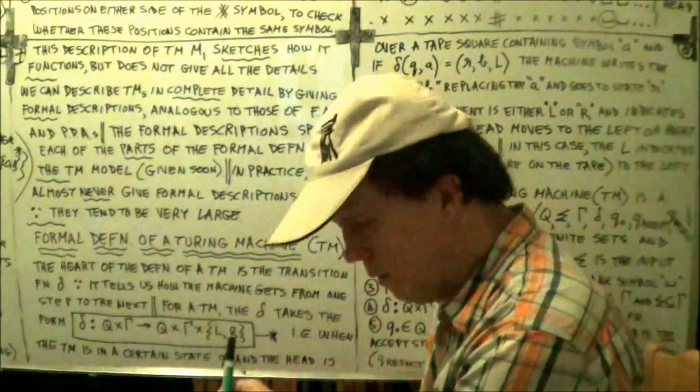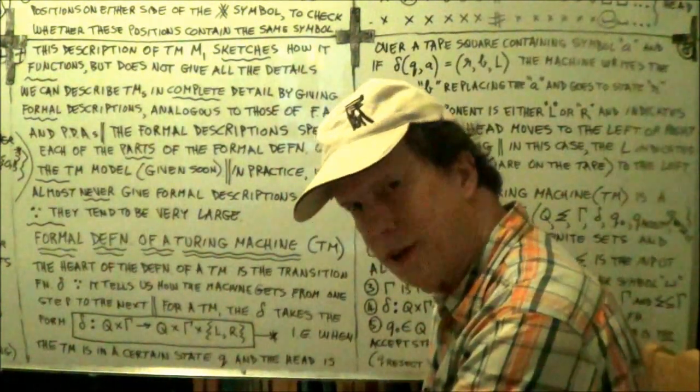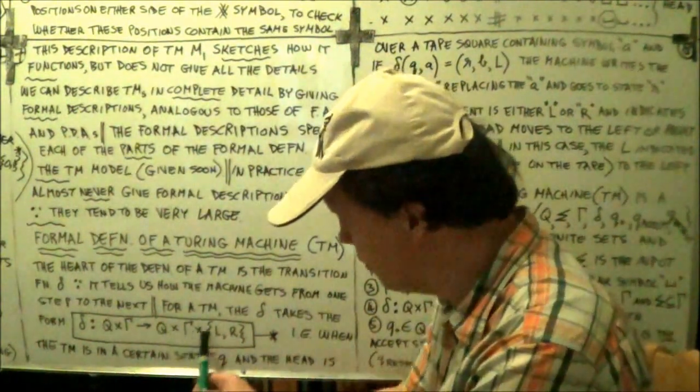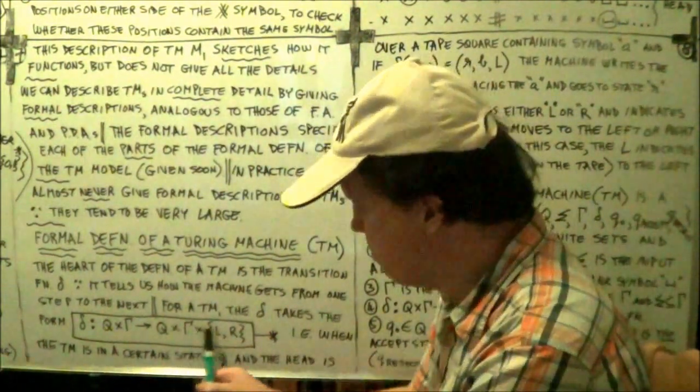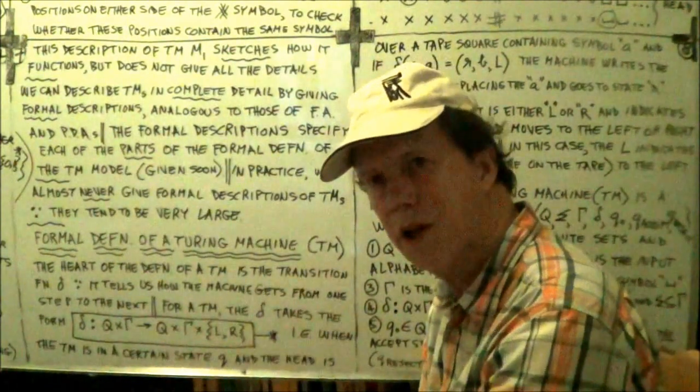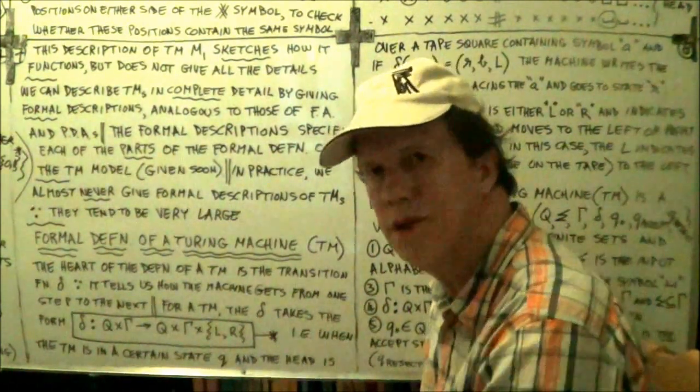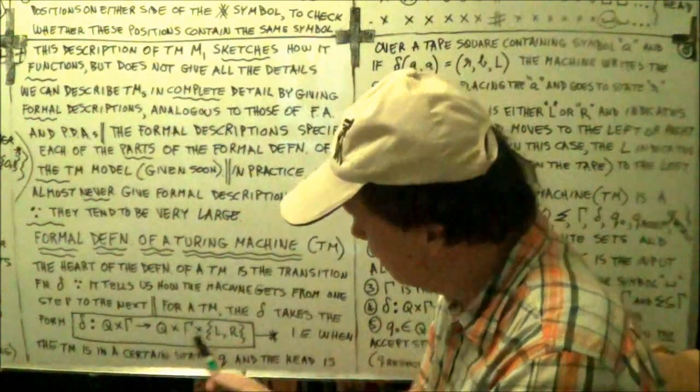This is a triple product. It's a Cartesian product of three sets. So the members of this set, remember, a Cartesian product gives you a set, results in a set. So the members of this set